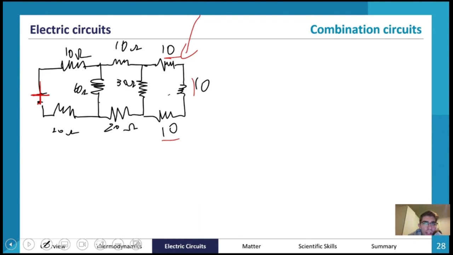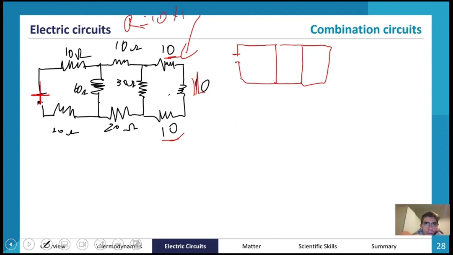So the key here, the trick is to redraw the circuit, right? So if I were to redraw everything again now, and it takes a bit of time, I know that 10 plus 10 plus 10 will equal